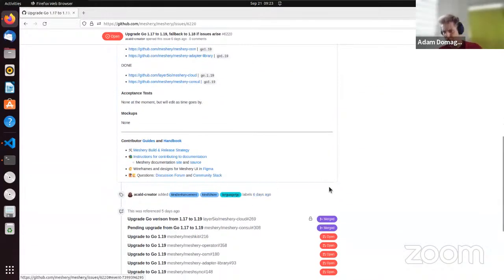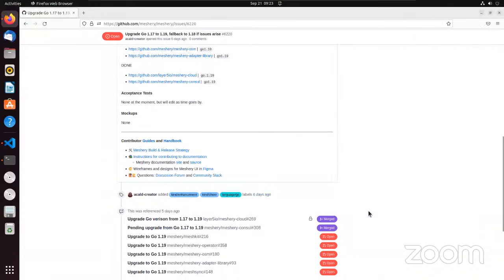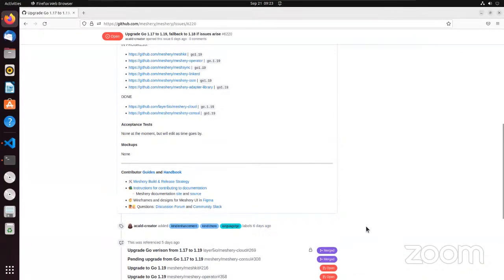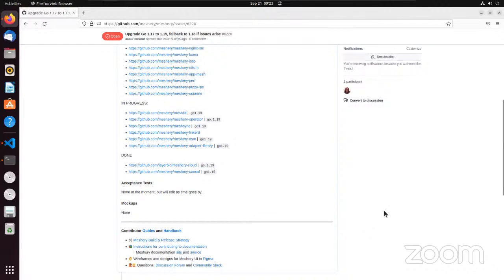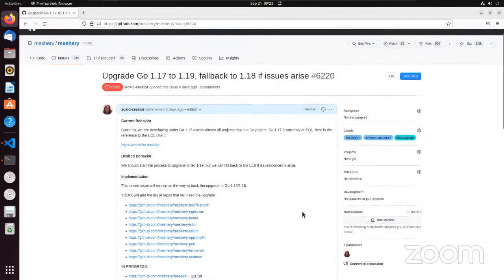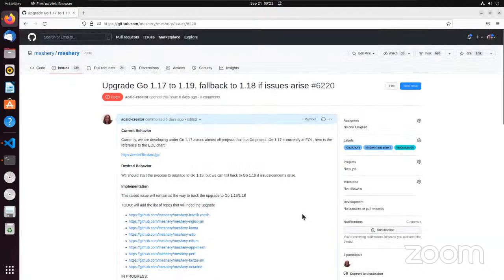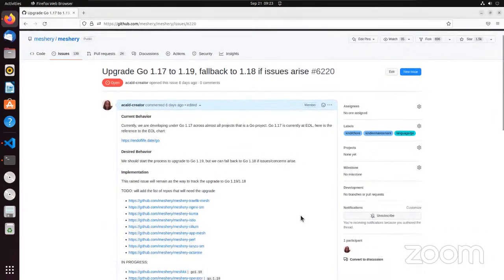So far, most of the changes I have done are basically upgrading to 1.19, and then just a couple of small upgrades on packages that will not break the build. And anything else that needs a refactor would be under a different issue or PR.